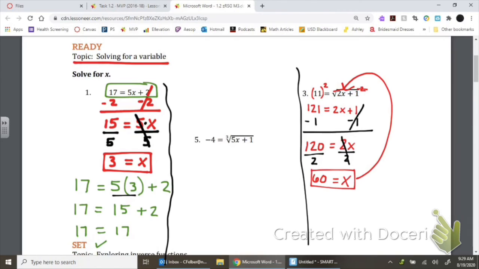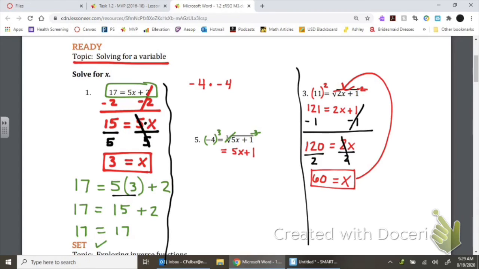But since number 5 is the cube root, I want to cube each side of the equation. So now the cube root is going to cancel out with the cubed, and that's going to leave me with just 5x plus 1. On the left-hand side, I need to do negative 4 cubed,